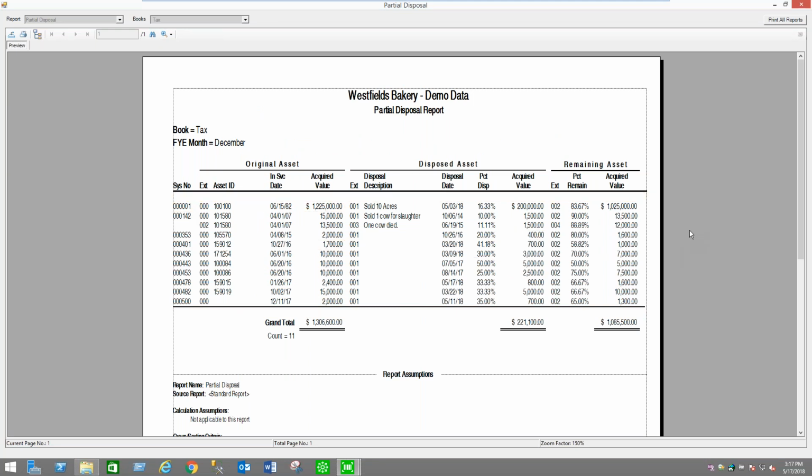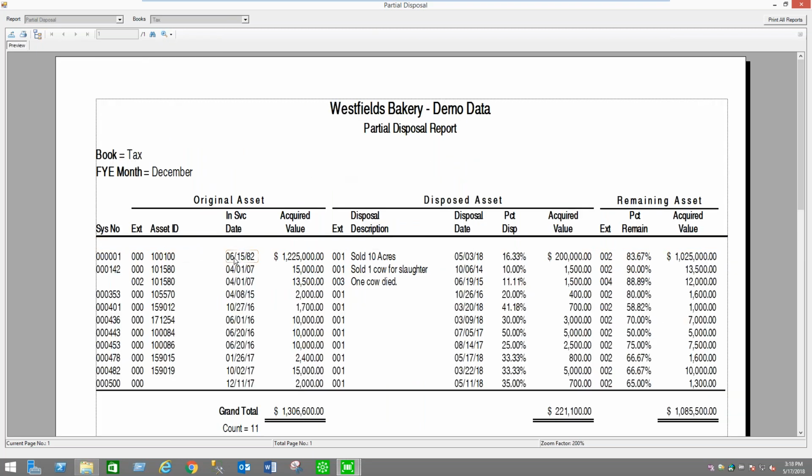So in this particular, and I'll make this a little bigger here, you'll see my asset and service date. In this case, it was a piece of land. I put a note in there as part of my partial. I sold off 10 acres, and here's the percentage that I actually sold off, and the value of what I sold was 200,000. My remaining value is shown here. So this is also information that you're going to need at year end if you are in fact doing partial